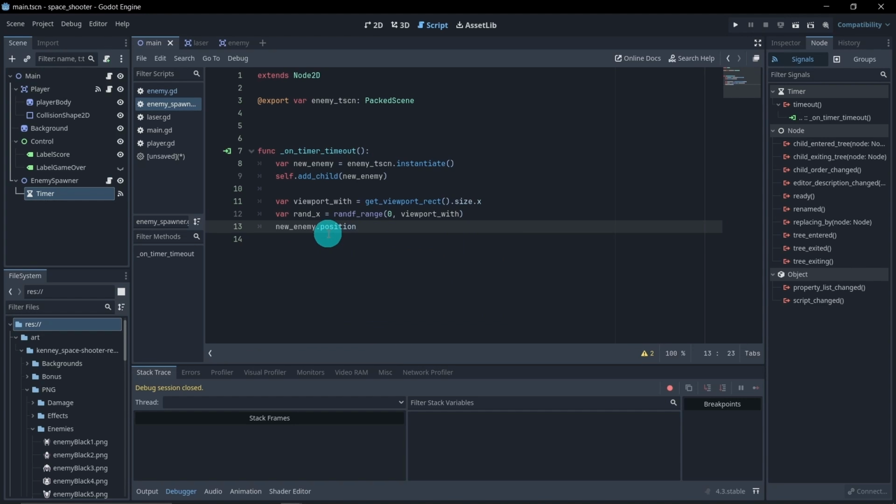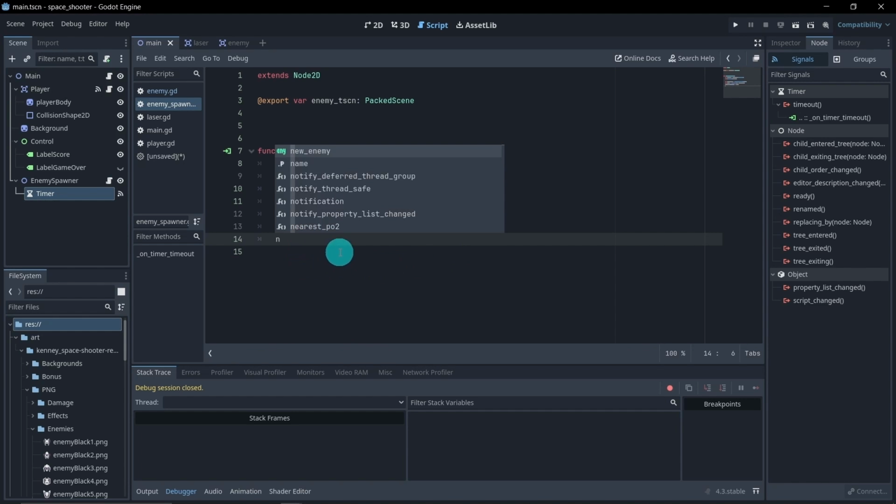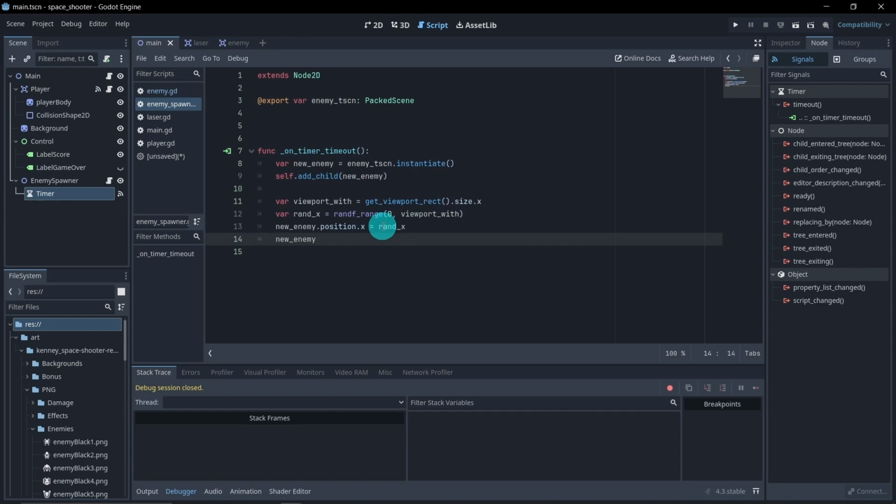Then we have to do a dot x because we're going to set its x position. And we're going to make that equal to our random x value that we calculated. Perfect. All right, so far so good. I like it. Now we need to do its y value because we need to give it a specific y value. So again, new enemy dot position